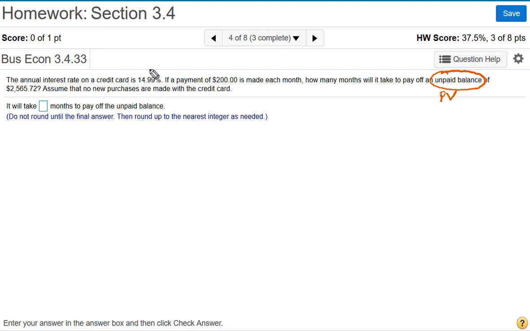Obviously, this is our interest rate, which would be 0.1499, 14.99%. The payment, PMT, would be $200. And as you can see, the question is how long, so we're looking for the time, and so we'll use our formula PV, that's